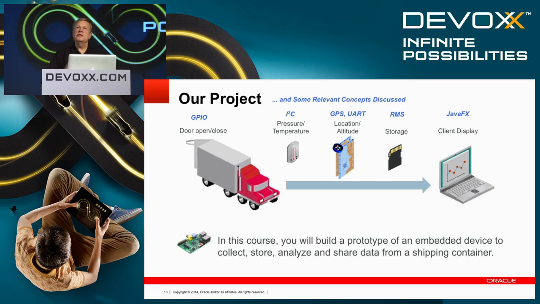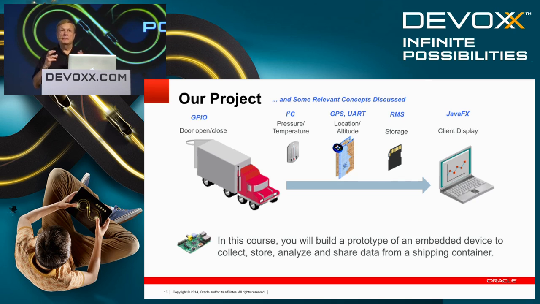The project in the MOOC is a case study in which we have a truck that takes vegetables and fruits from the farm, holds them, and then transfers them to maybe a grocery store. Through that process, as it's being loaded onto the truck and the doors are opening, and then as it's being transferred, we want to monitor the temperature, the humidity and the pressures. We also want to know where the truck has been, and even if it were a plane, for example, what the altitude has been. And we want to be able to store those things so that when we get to the supermarket, we could take a